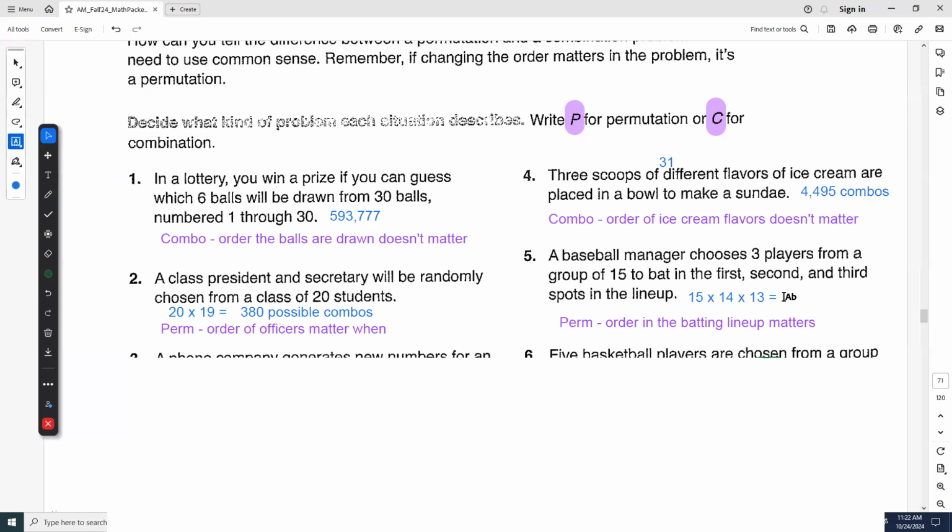What about for number 5? What answer did you guys get? 2,730. 2,730. And so same thing here, right? Since we have 3 spots in the lineup and we can put 15 of our folks in there, order matters. And so 15 for the first,